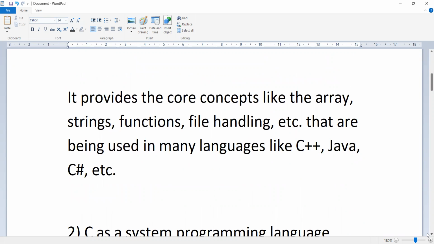C provides core concepts like array, strings, functions, file handling, etc., that are being used in many languages like C++, Java, C Sharp, etc. This is the first feature. Second feature,